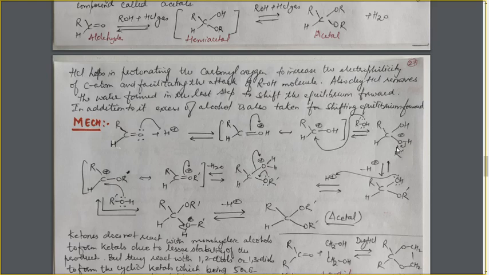Now here the H positive is lost, so the positive charge will be lost in the form of H positive ion, so this species will be neutral. In this way you must check how the charges must be maintained while writing the mechanism.